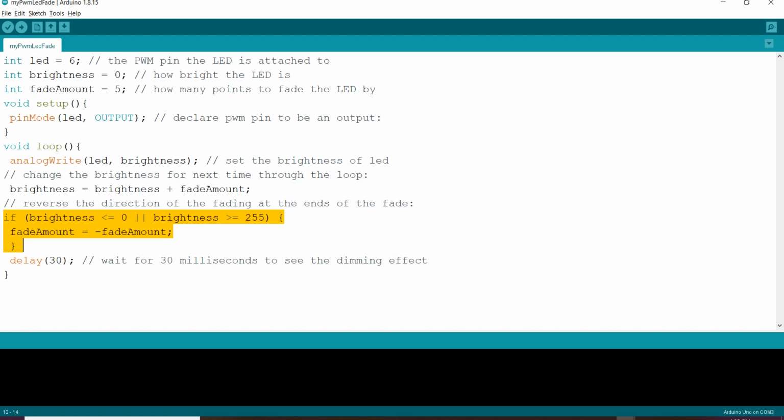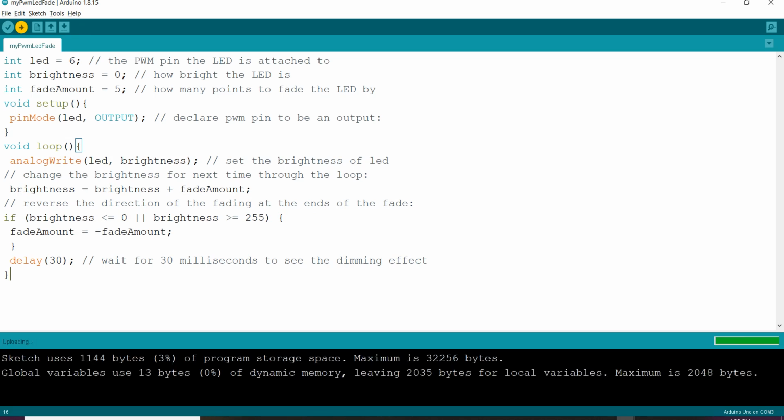So this is the logic. I am saving the program, compiling the program. It is done. Next I am uploading this compiled program into my Arduino board. That is done, so my program is dumped on my microcontroller. First let me open the webcam to show you everything.